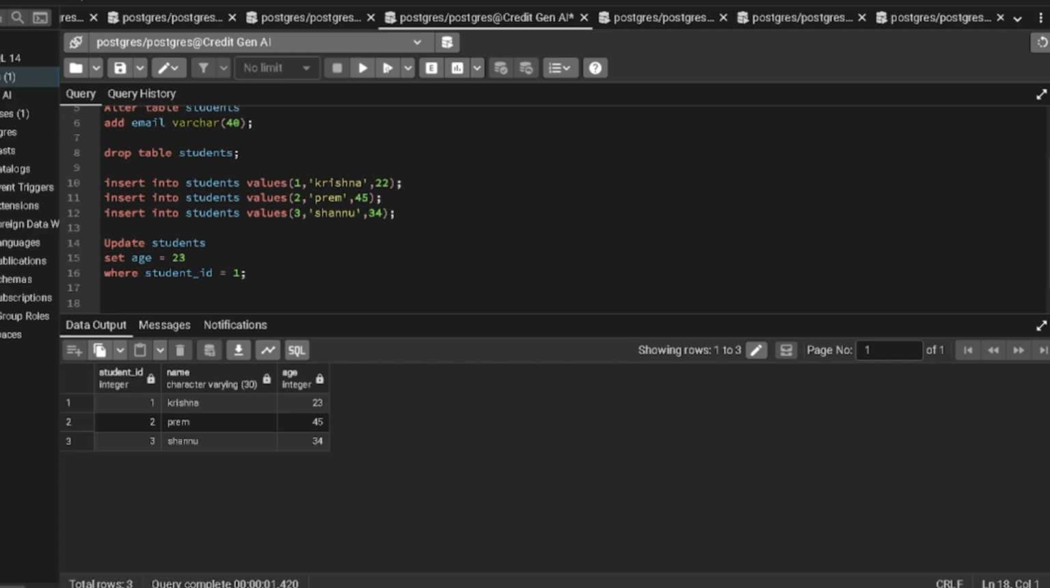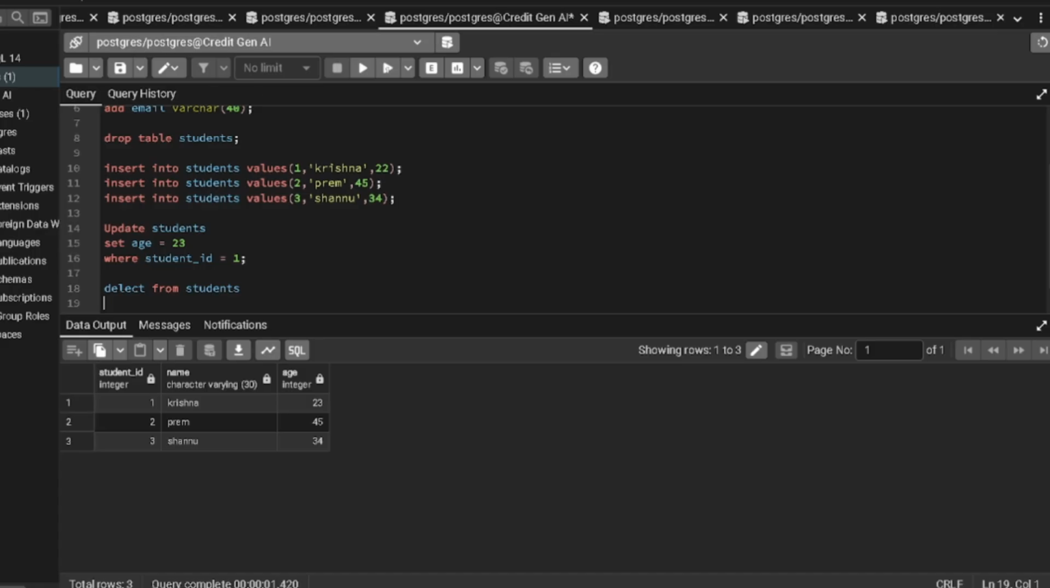Okay. For that, we need to use the delete command. Delete from students. Again, which one do you want to delete? Prem. So you need to select any one of the column names, which is student ID, name or age, anything. Okay, here I'm using student ID,